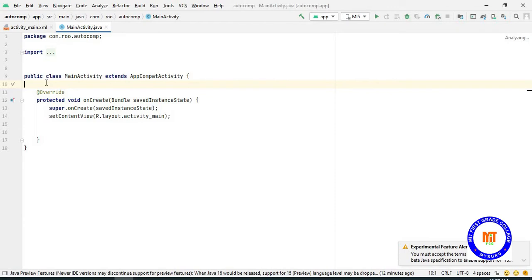Before starting with the autocomplete, first we have to create the database. For that I am taking a one-dimensional array. I am taking strings, and this has to be names. I am taking the data type as string. So this is a one-dimensional array, that's why I have given a single bracket.